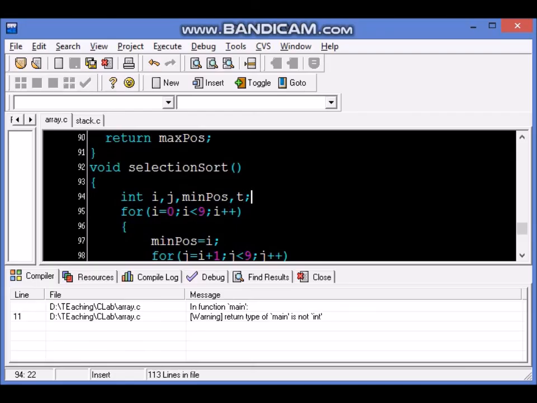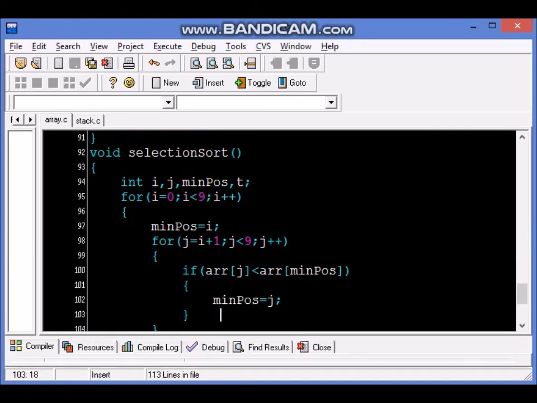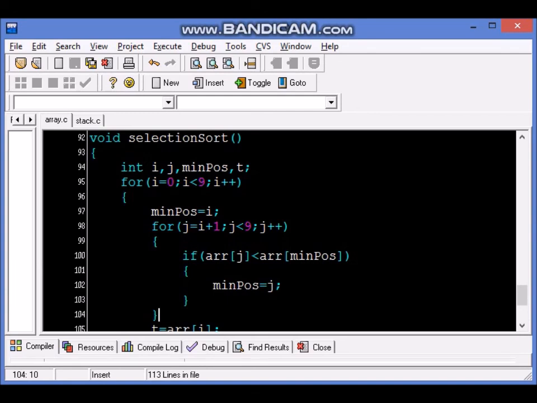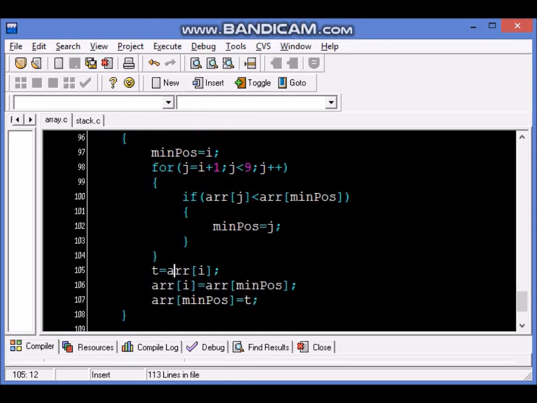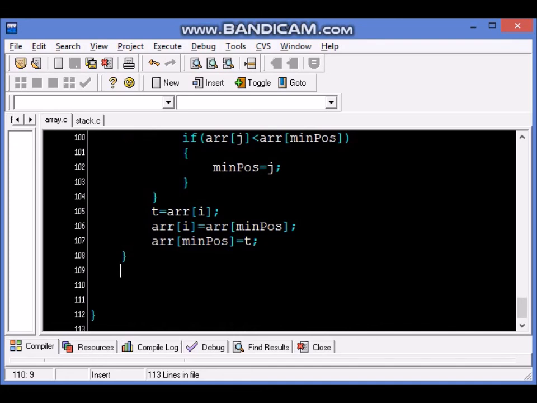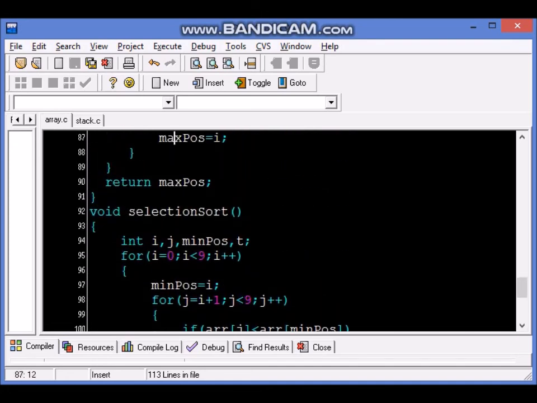Let us look at this code one more time so that we understand the flow of this program. The selection sort has two loops, one loop on i, one loop on j. Each time we look for the smallest number and we keep swapping it with the number in front. And that swap code is written here in 3 lines. And that's all this code is, around 10-15 lines of code. And we have implemented our first sorting algorithm.